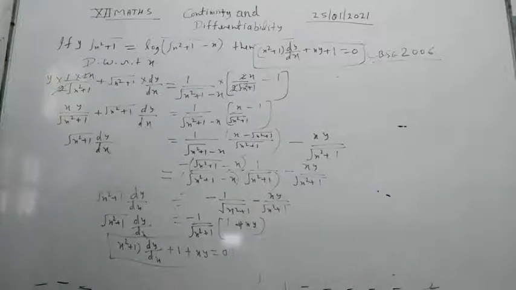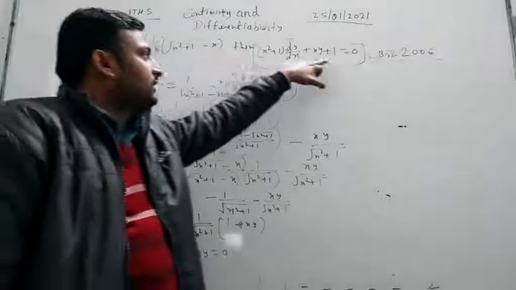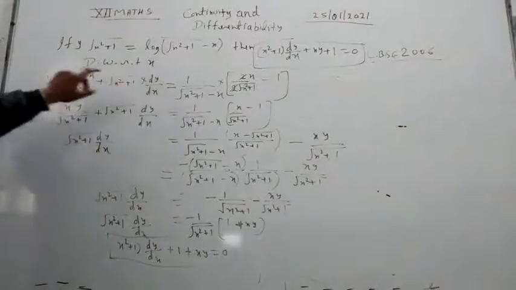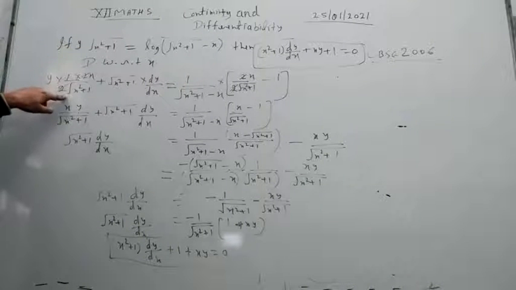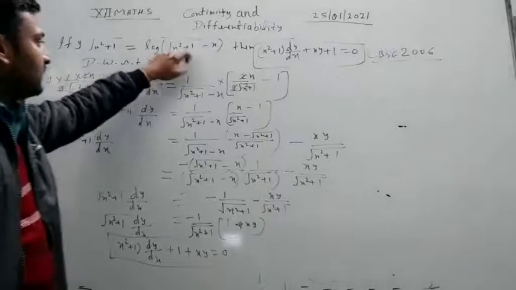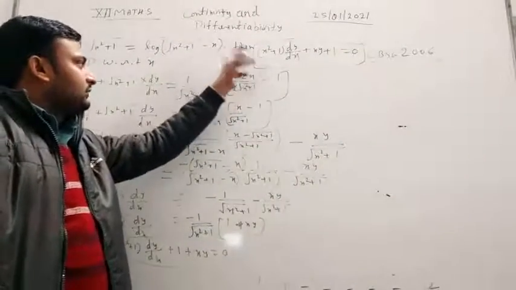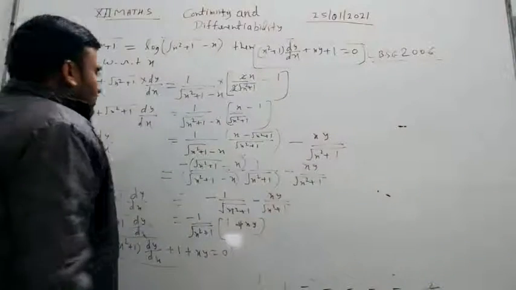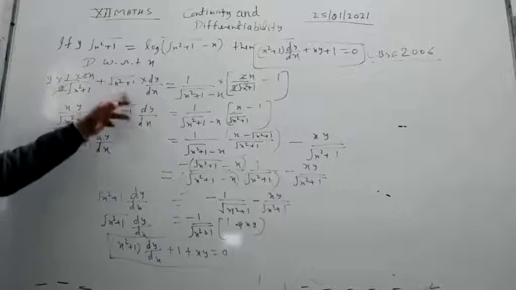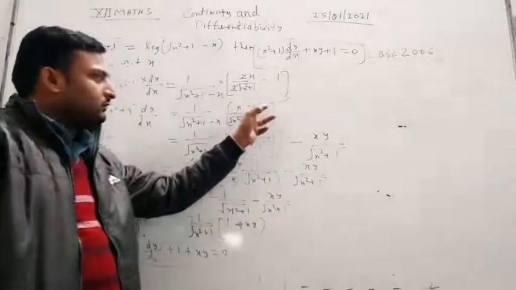Okay students, let's see once again what we have done in this question. This is our question, and we have to show that this is equal to 0. Now we start the differentiation with respect to x. This is first function, differentiation of second function, 2 root x, which is 2x, and second function differentiation of first function: log x gives 1 by x, differentiation of root x is 1 by 2 root x, and x square gives 2x, and minus 1. Now here this part is cancelled. We can write xy by under root x square plus 1 and x by root x square plus 1 minus 1.